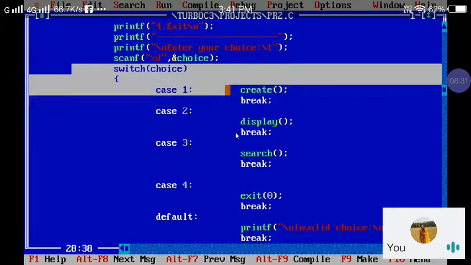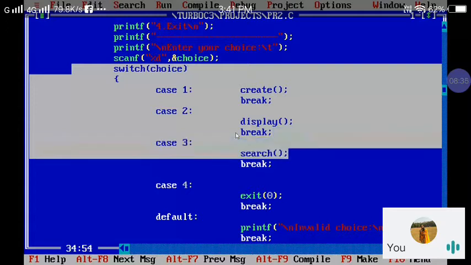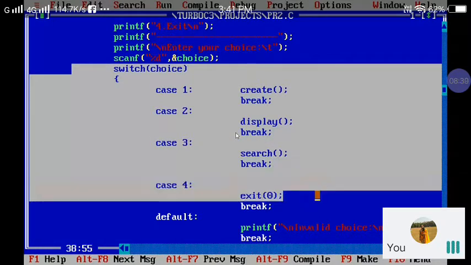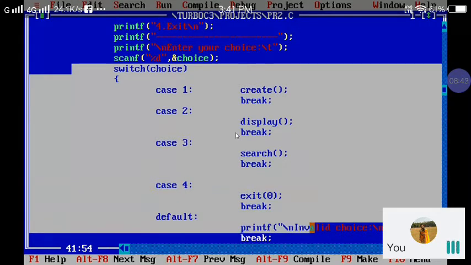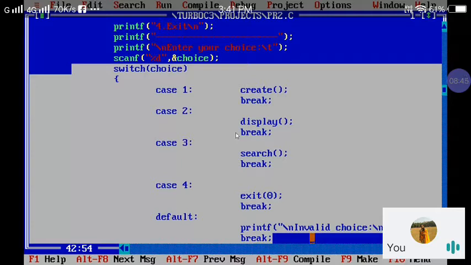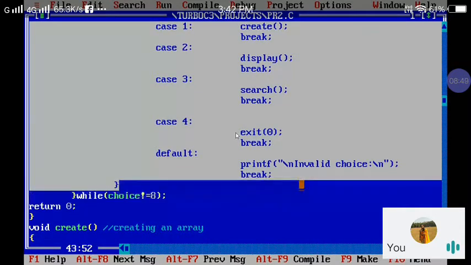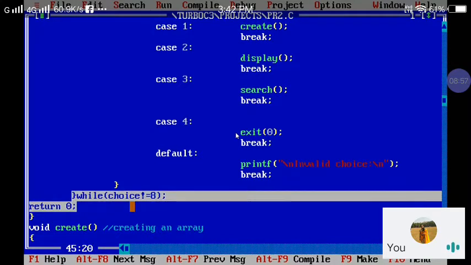Case 1 is for creating the array, case 2 is for displaying the array, case 3 is for searching an element from the array, that is our linear search, and case 4 is for exiting from the program. The default case will be executed if any other number is entered by the user. This is the end of my switch. After ending the switch, I end my do while loop, continuing till choice is not equal to, you may write here, 4.